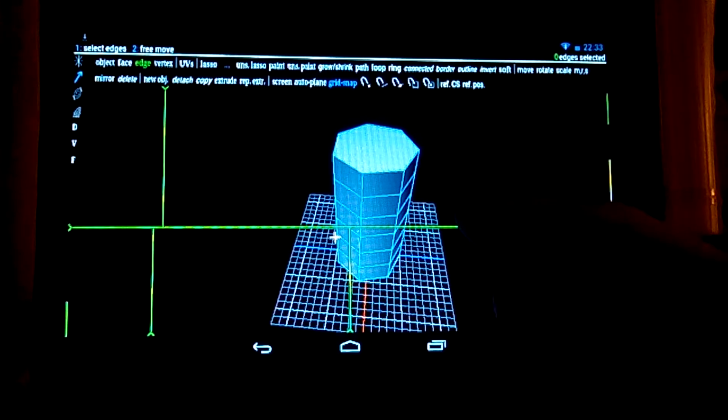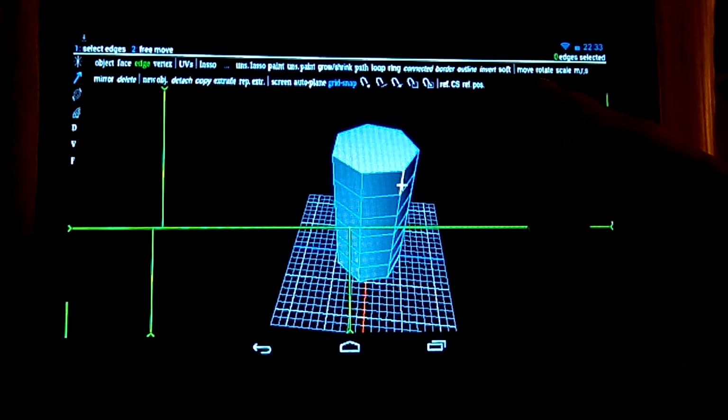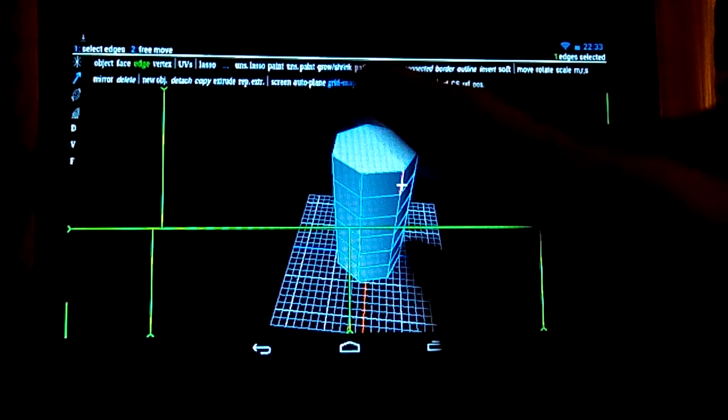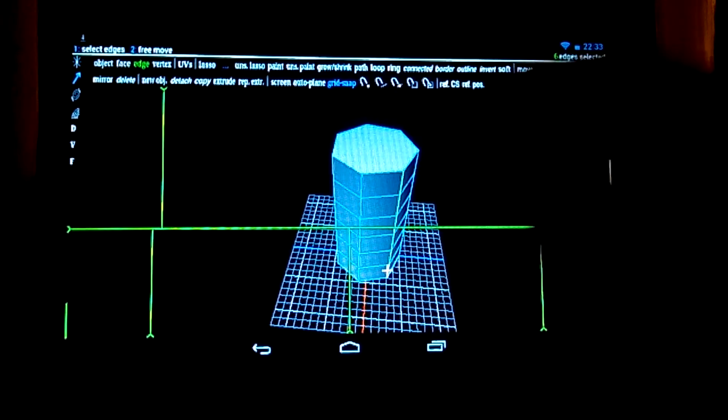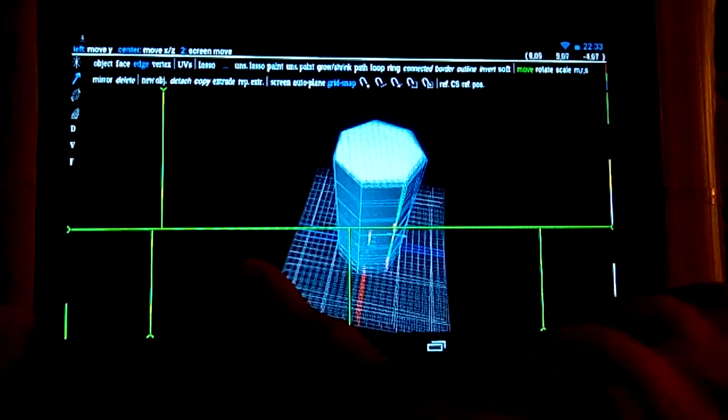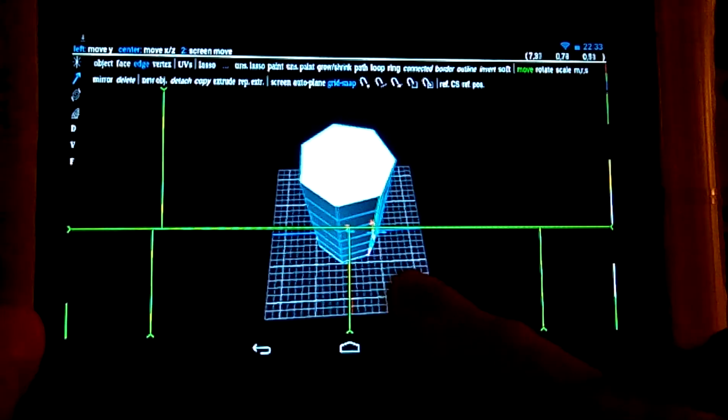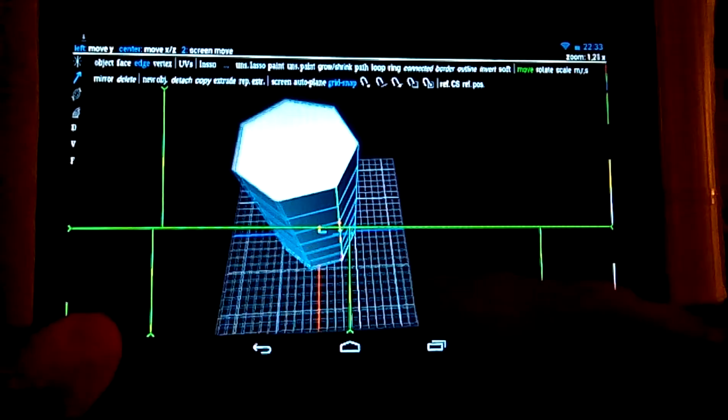So I will select one row at a time and tell it to move in order to create